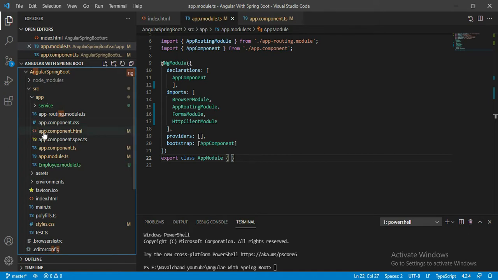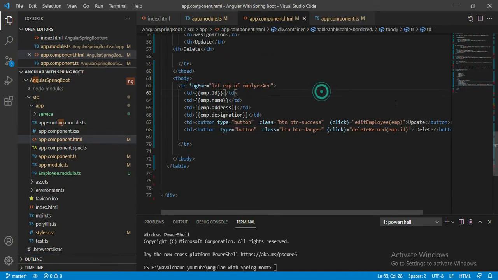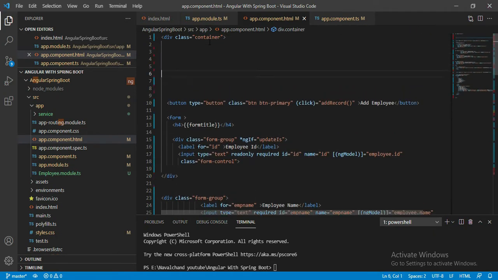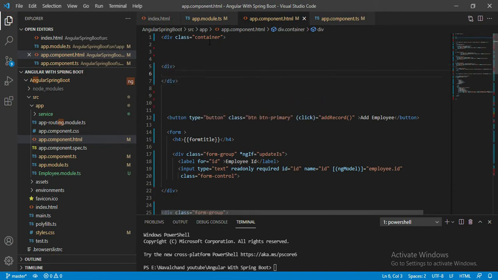Okay, let's create the login form here. Simply I'll create a new div. Inside that I'll create a login. This div, I'll simply add *ngIf, login equal to, not equal to, not isLogin.